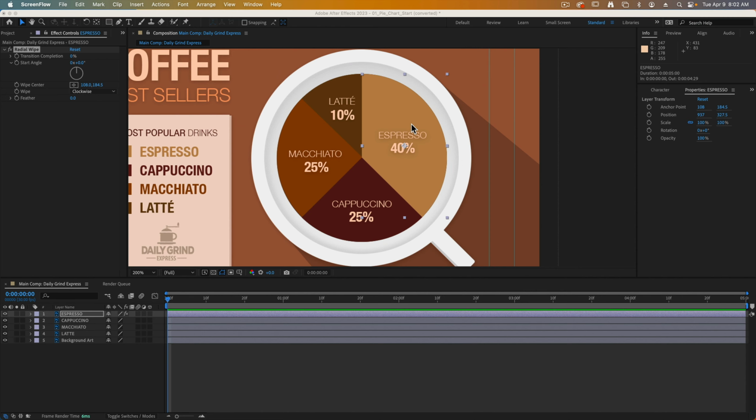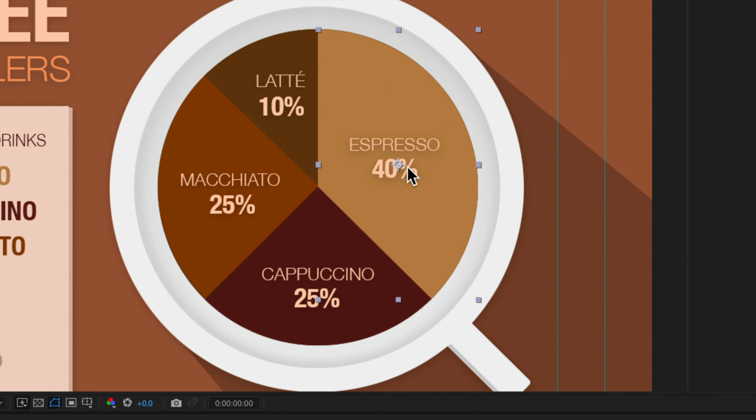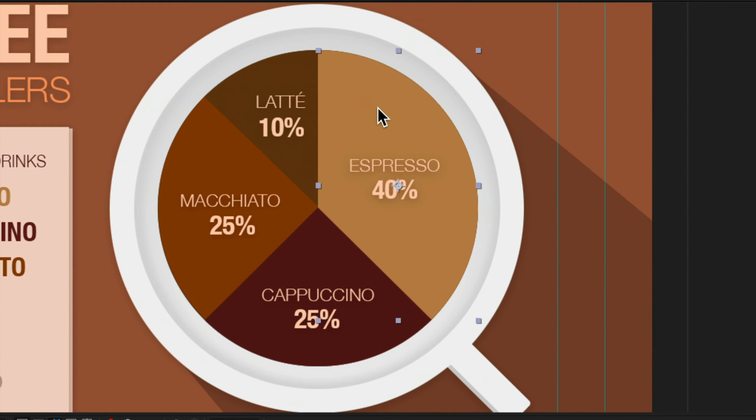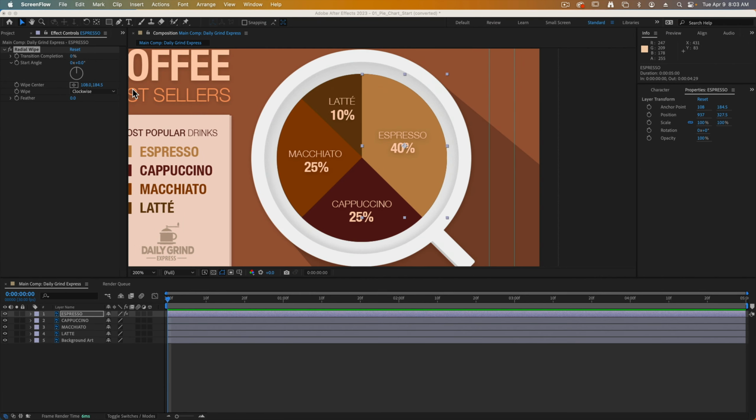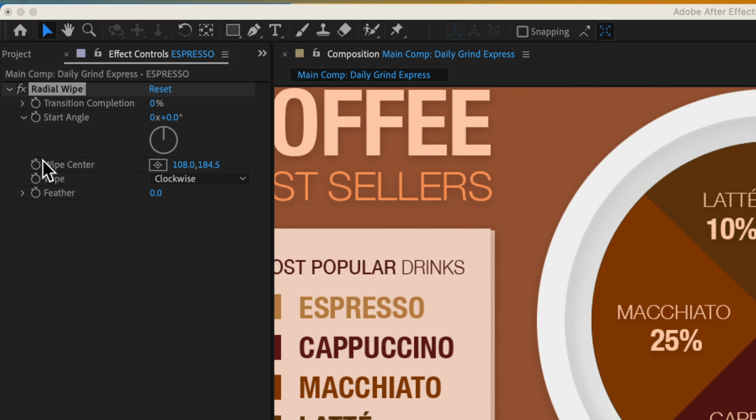Now when using this particular effect, there's two things to keep in mind. First off, we need to know where the center point of this is going to be, and it always needs to be at the center of our circle, not necessarily the center of our layer. Plus, we need to know the starting and stopping point, or what the angle needs to be for it. So for now, at the very top, we're going to keep our starting angle at 0, but we're going to set our wipe center to be at 0,